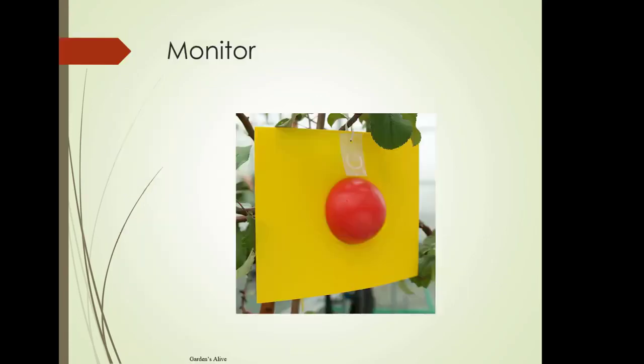So you need to monitor, and doing that, here we have an apple maggot trap, and they're going to be attracted to the red for the apples, but the yellow is kind of a landing spot. So if they're flying in the area, they will land on that and stick to it. So it's a larger surface area in which to see if you've got apple maggot. Unfortunately, you're not going to get a lot of control on this, but it's good to know when they're in the area.